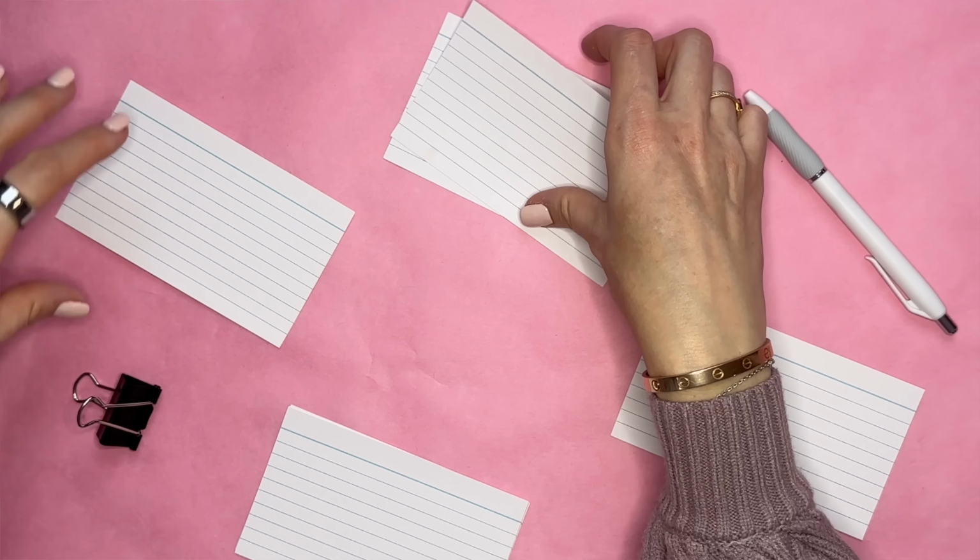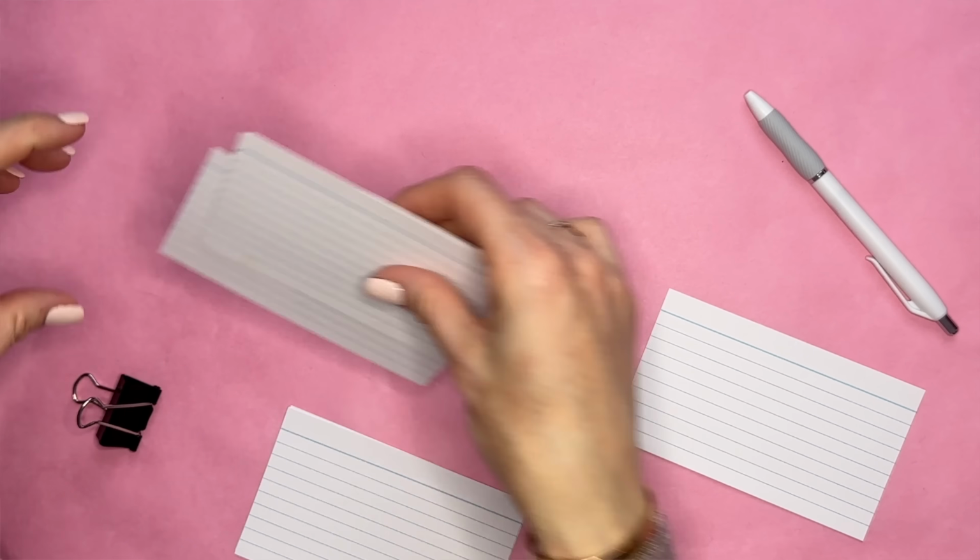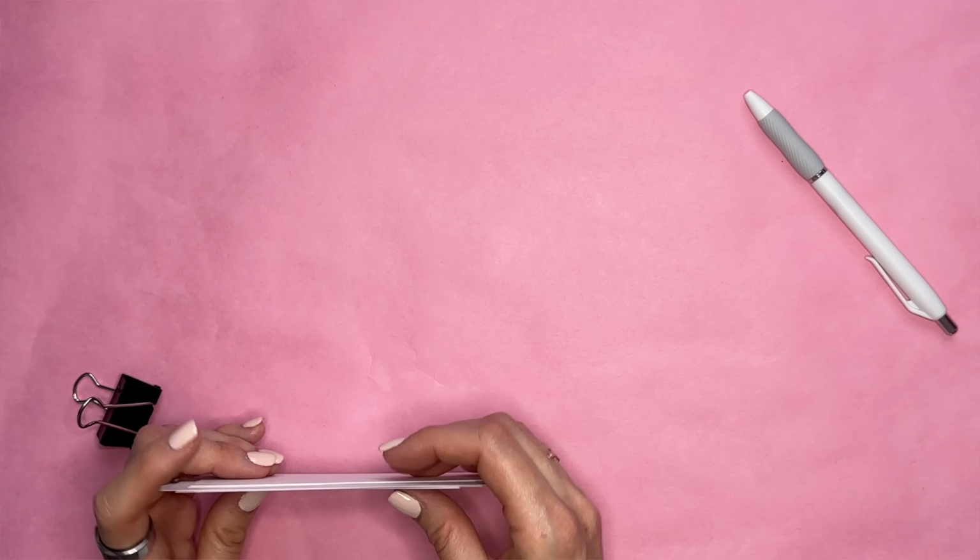The name of the game is to use index cards to mobilize getting the thoughts out of your head and into the real world, so that you have a rough draft and you never have to start with a blank slate again for literally